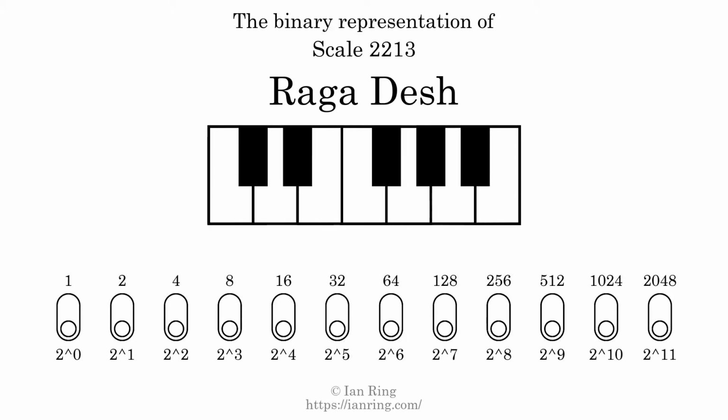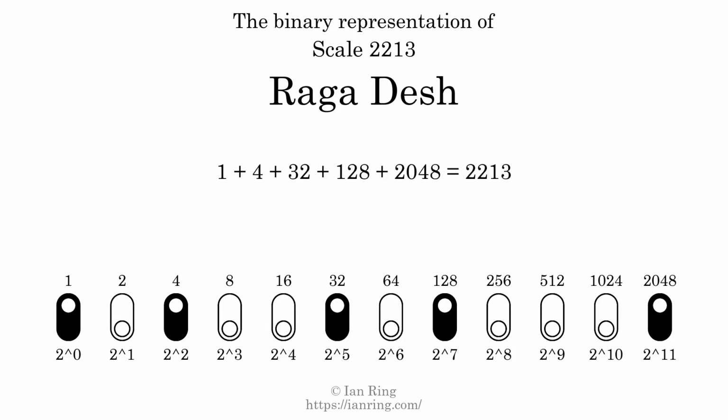The binary representation of this scale is determined by mapping tones of the scale to binary digits. Each binary digit represents a power of 2. To get the scale number, we add the powers of 2 together. The powers of 2 that are present in the scale, all added together, equals 2213. That is why the scale number, in decimal, is